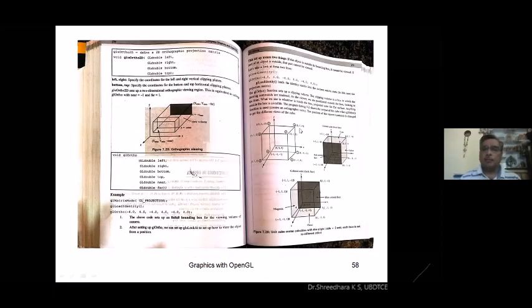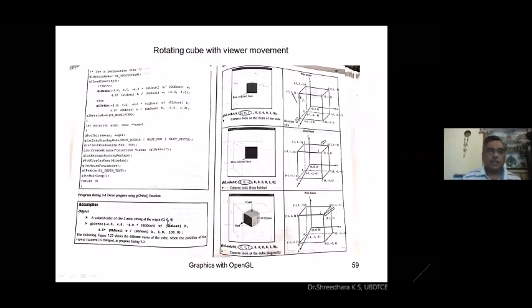Now, if you want to do the same with orthographic projection, from -4 to 4 is the viewing volume that you are creating. The bounding volume will be 8, because -4 to 4 means 8 units in all directions. So using orthographic projection, the same concept can be visualized with a modification to glOrtho. Here the colored cube is of size 2 units sitting at the origin 0, 0, 0. Orthographic projection is -4 to +4, and the output can be observed on the screen.